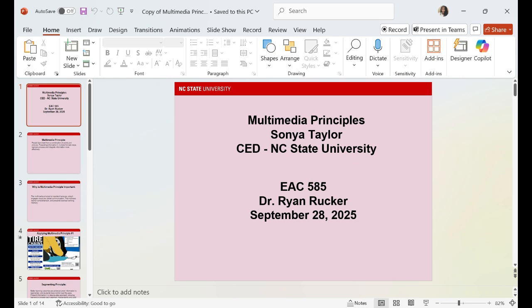When I was tasked with this, it was something that was new, but yet not new to me. What I mean by that is I didn't have any clue that someone I didn't know came up with the 12 principles of multimedia learning. I found out that there is a professor named Richard Mayer, a distinguished professor of psychology at the University of California.